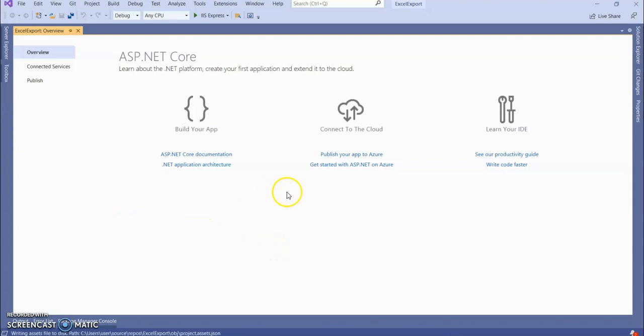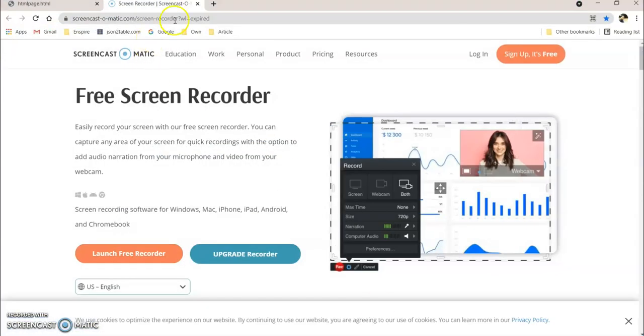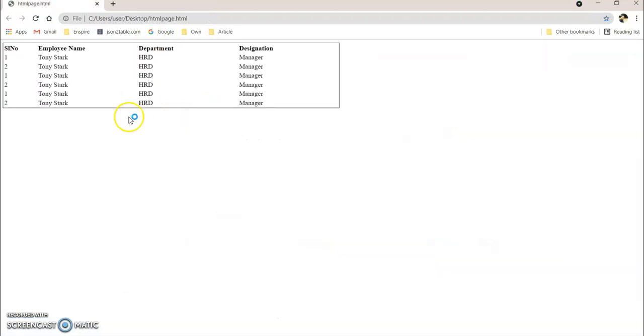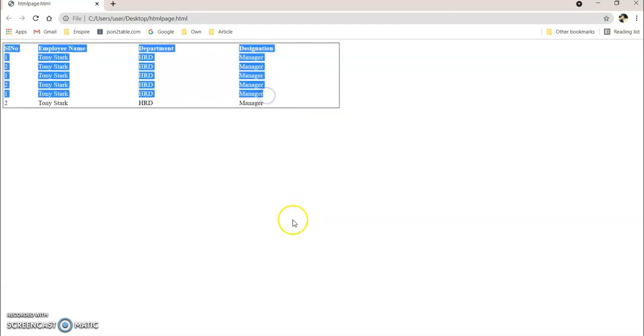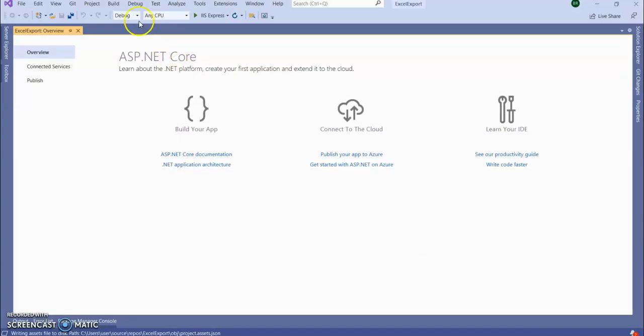So our web API is ready. We are going to create an Excel sheet like this, with serial number, employee name, department and designation. So we are going to create a list of model, or a generic list, where we can assign these values. So go to web API,